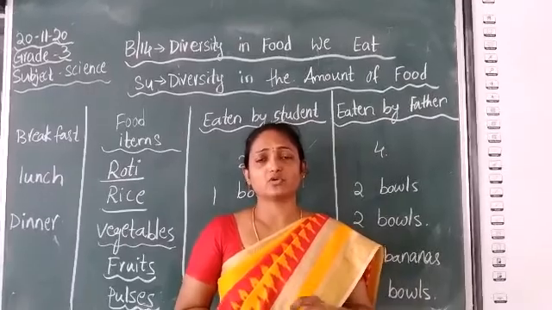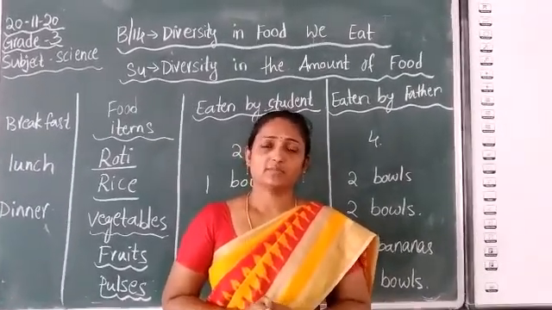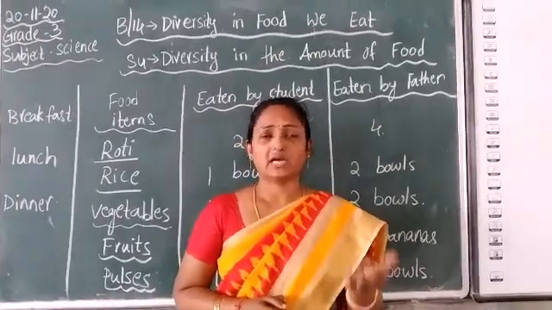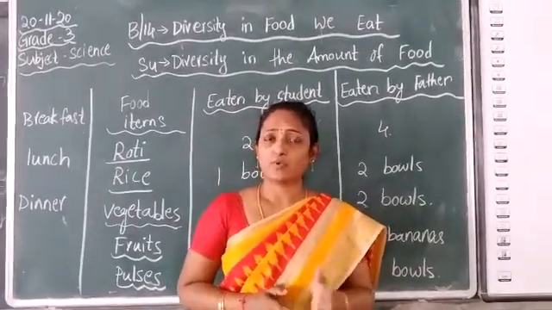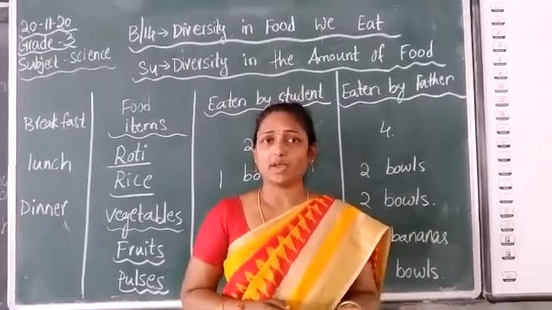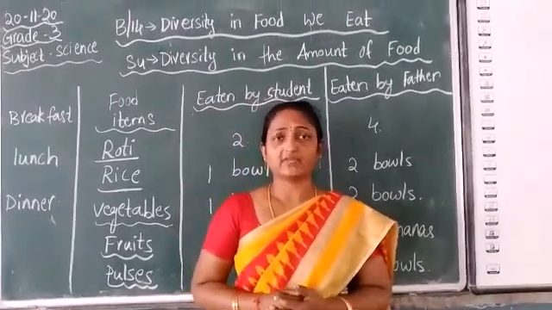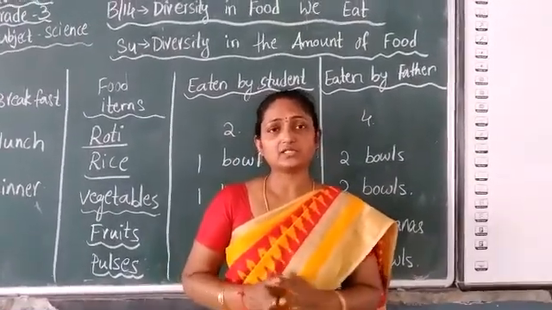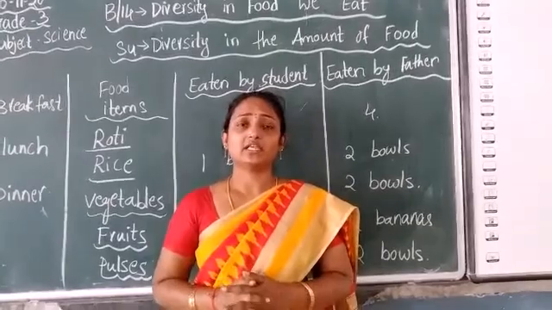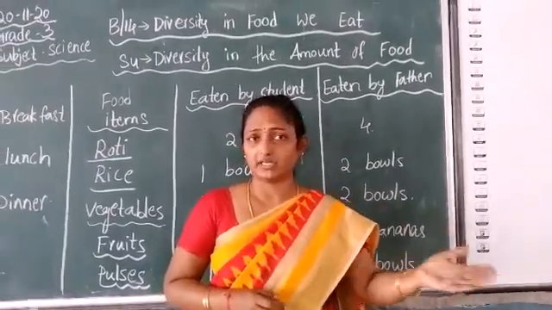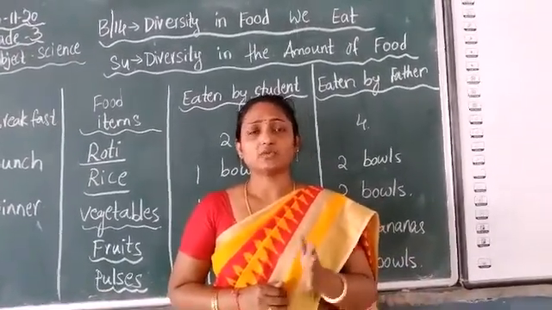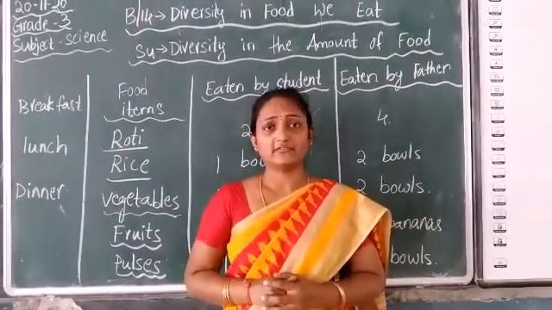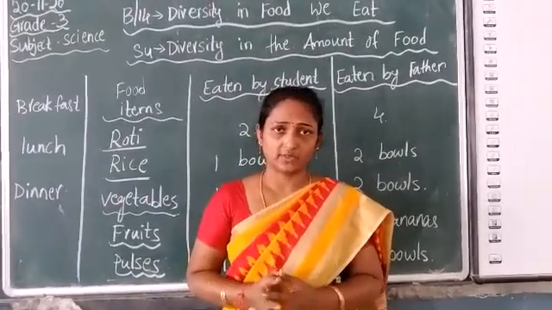So they may differ only 1 or 2 spoons, but at the same age children will take the same amount of food, even the adults also will take. But the sports person may take more amount of food. And sometimes the children who feel sick, even the adults who feel sick, may not take the food the way they usually take regularly. The foods they take regularly, they may not take in the same amount. So it differs according to the requirement of the body.